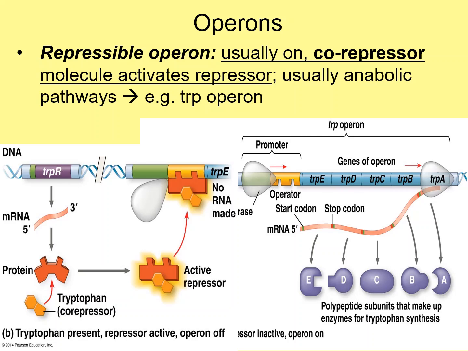Well, if I can be repressed, it means that I'm usually turned on, right? I'm usually not repressed. I'm usually in the on position, right? And so, here's my regulatory protein with its individual promoter. It's always going to be on at a low level. It's always going to be making that repressor molecule at a low level,